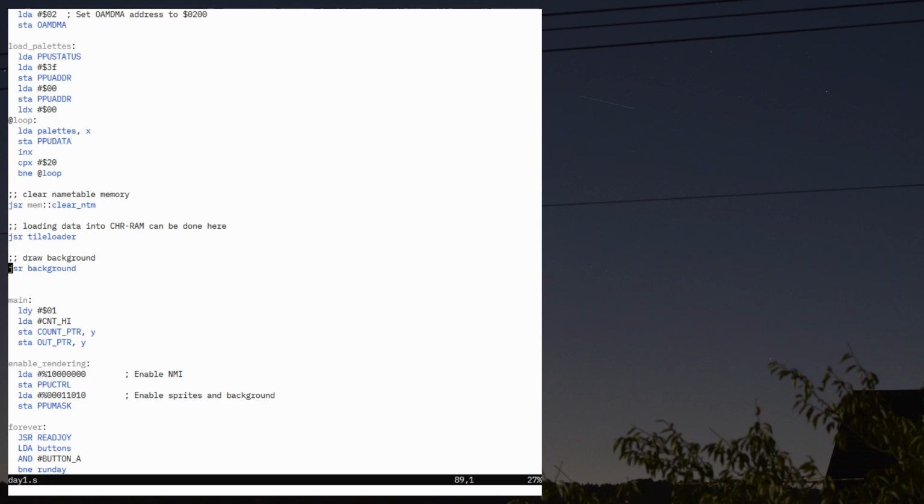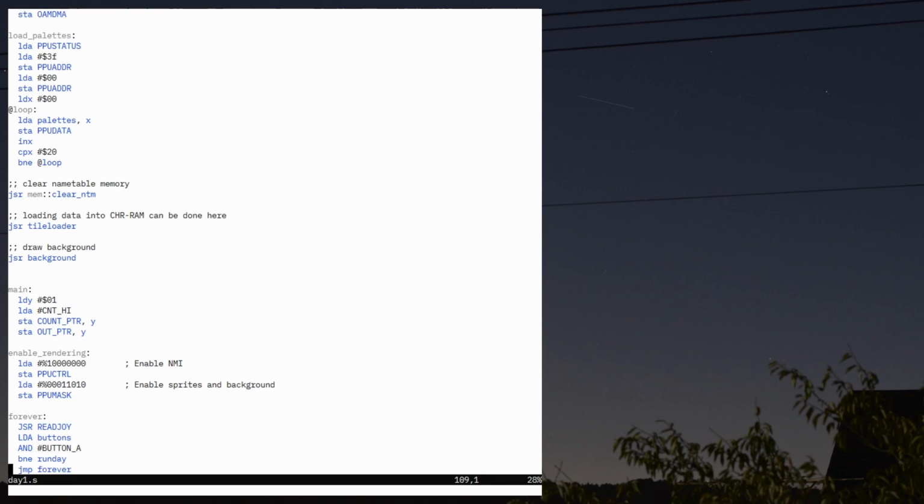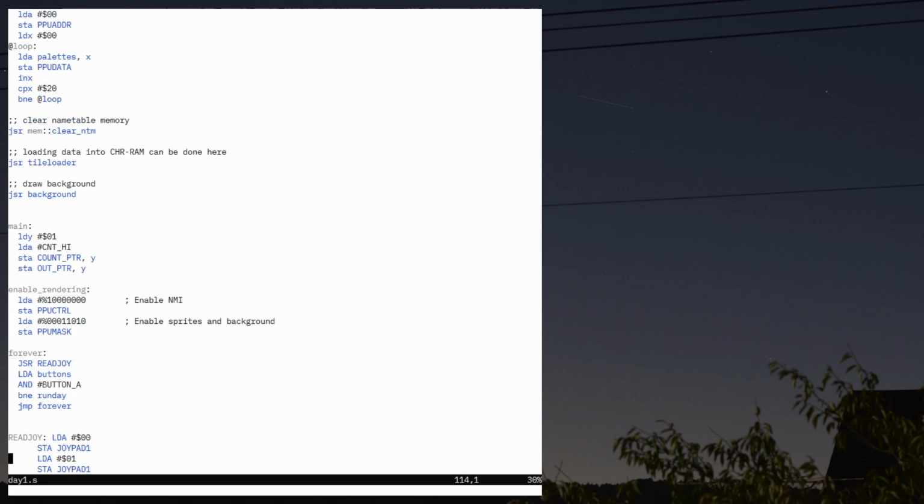These are my includes and drawing in the background. And when we start the main, we have a redundant counter set up at the start of my main. I shouldn't need it there. That's alright. Next we enable the rendering as normal, and then we enter our main forever loop,